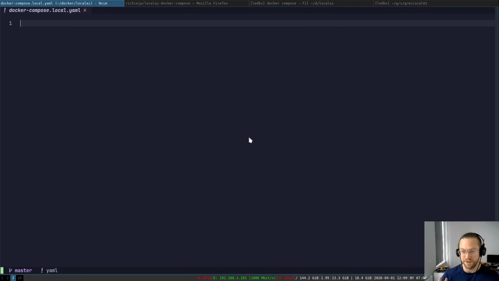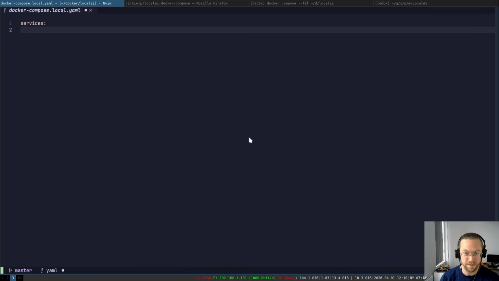Docker Compose separates everything into services, and we're going to create two services. One is LocalAI itself, and another is a service for a program called Caddy, which we'll need for the real-time chat, the WebRTC chat. So we'll come back to that, but first of all, let's create the services node